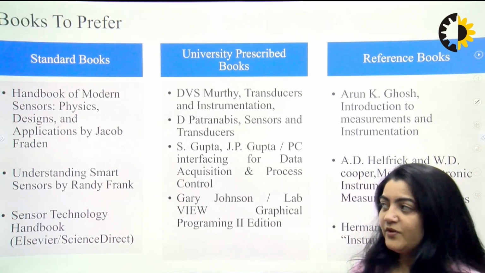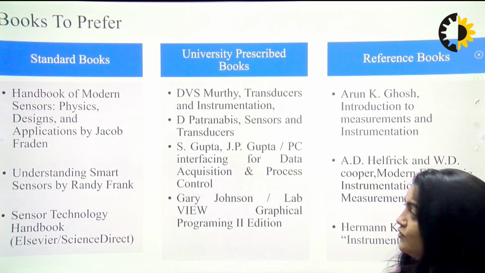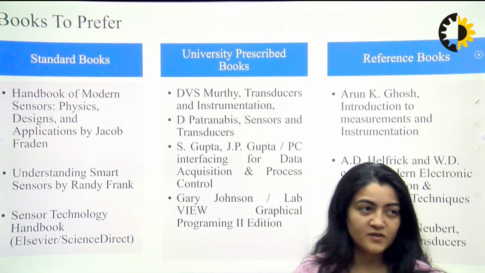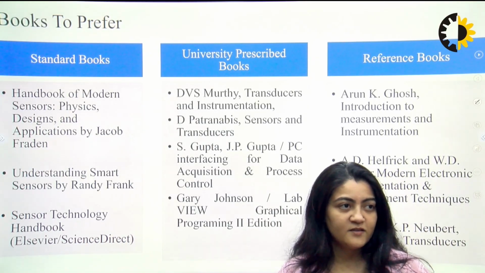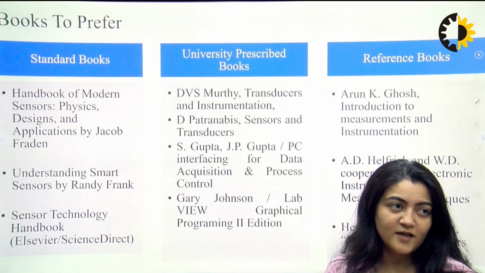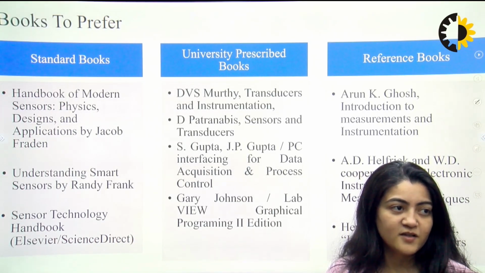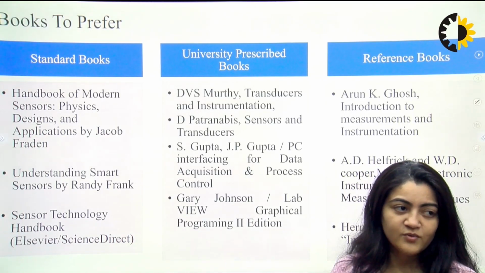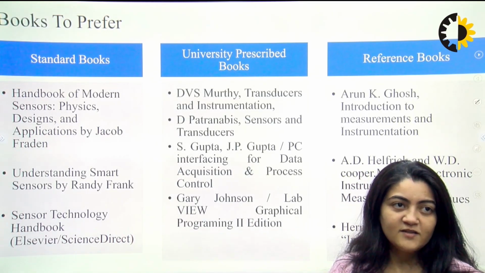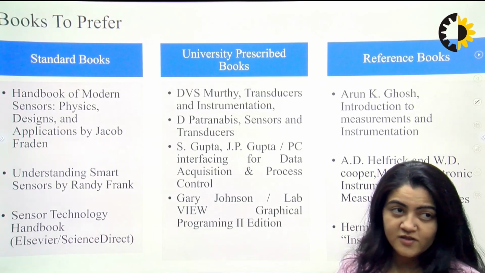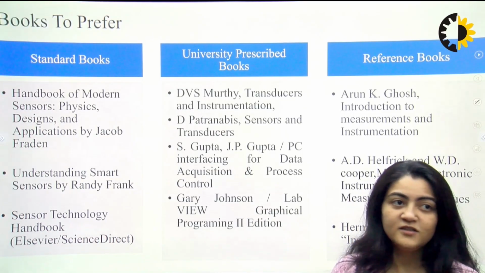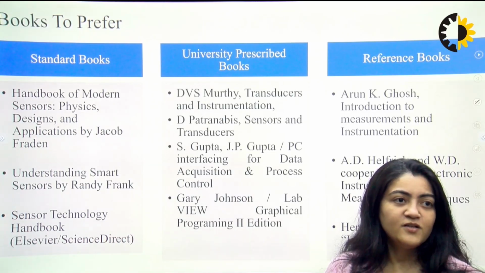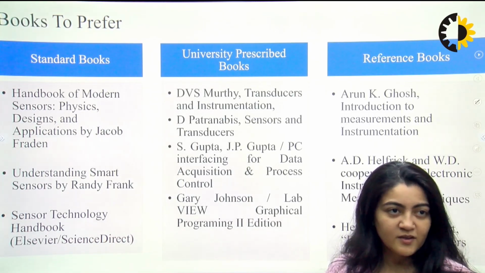So if you prefer to go through books, these are the standard books that I prefer: Modern Sensor Physics, Designs and Applications by Jacob Fraden, Understanding Smart Sensors by Randy Frank, and Sensor Technology Handbook from Science Direct. Then if you prefer the university prescribed books, it is DVS Murthy, Transducers and Instrumentation, D. Patranabis for Sensors and